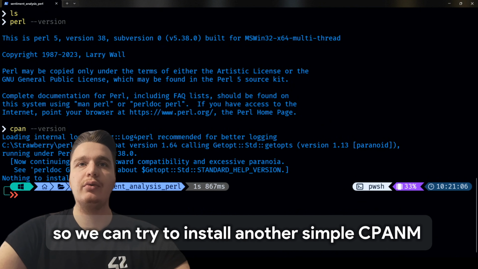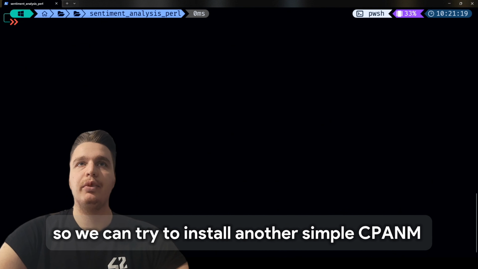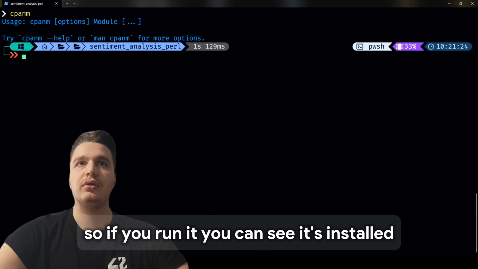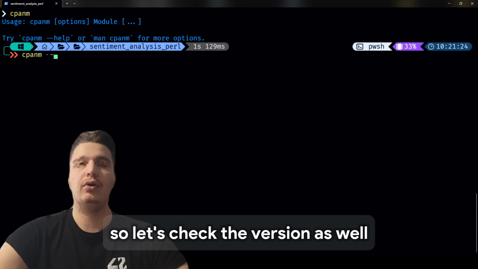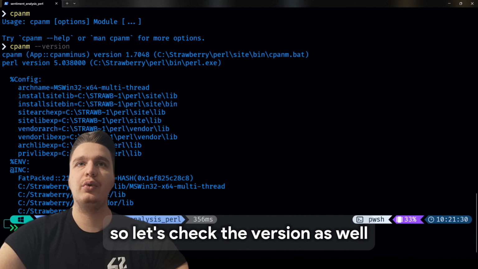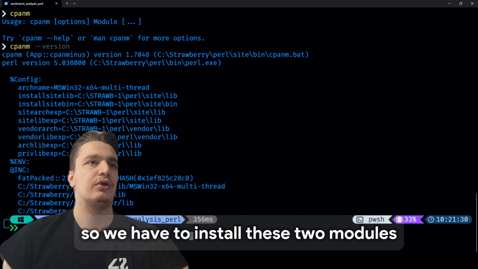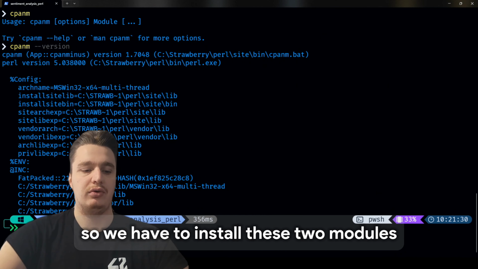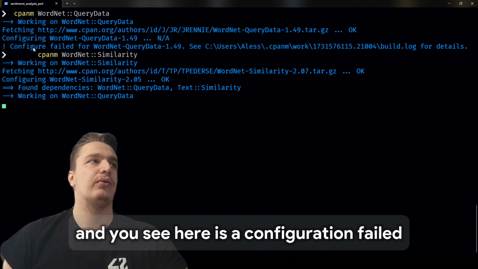So we can try to install another simple tool, cpanminus. If you run it you can see it's installed. So let's check the version as well. Alright, so we have to install these two modules, and you see here there is a configuration failure